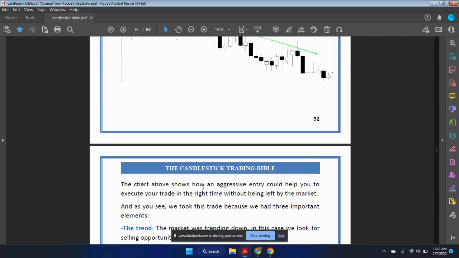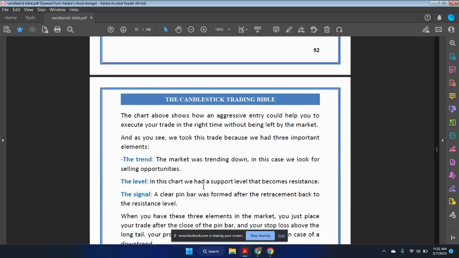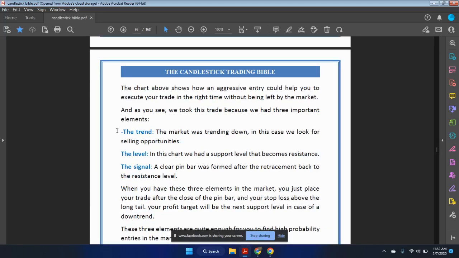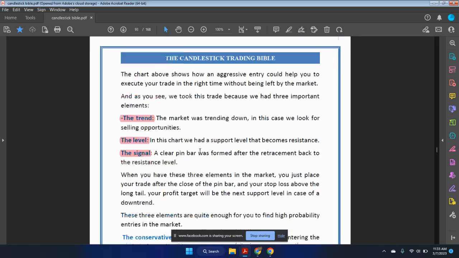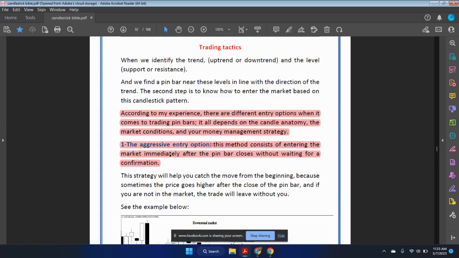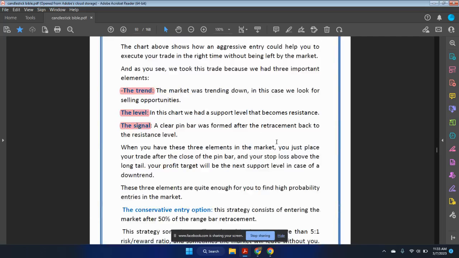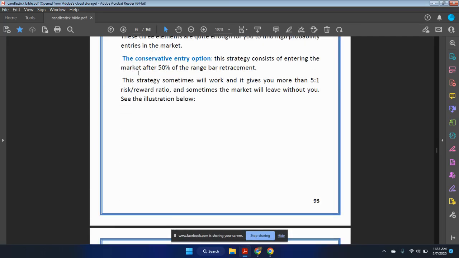So that was really cool. They had three important elements: the trend, the level, support or resistance level, and then also the signal. And that's what they use for that aggressive entry option. All right, so next would be the